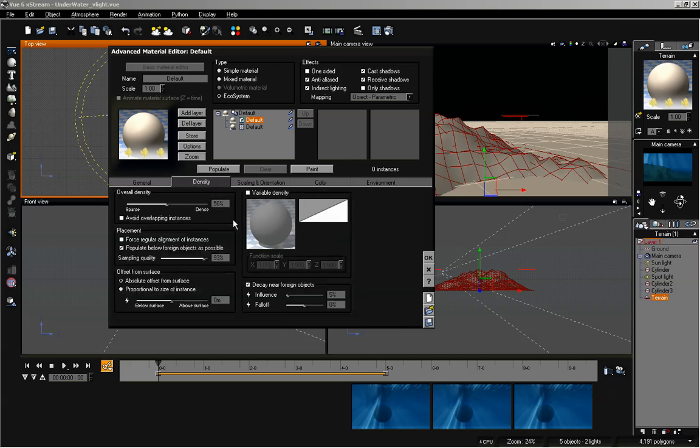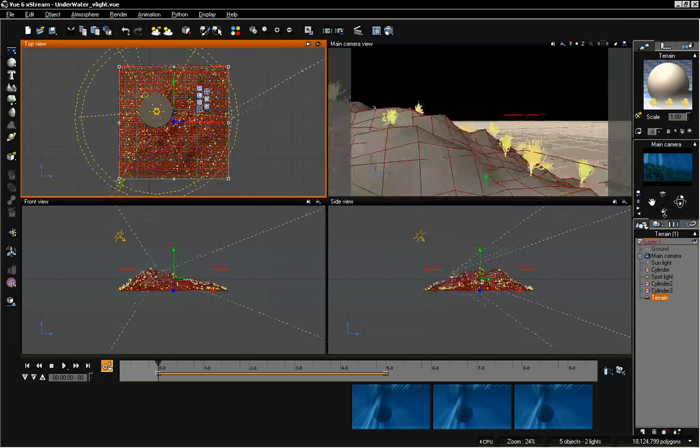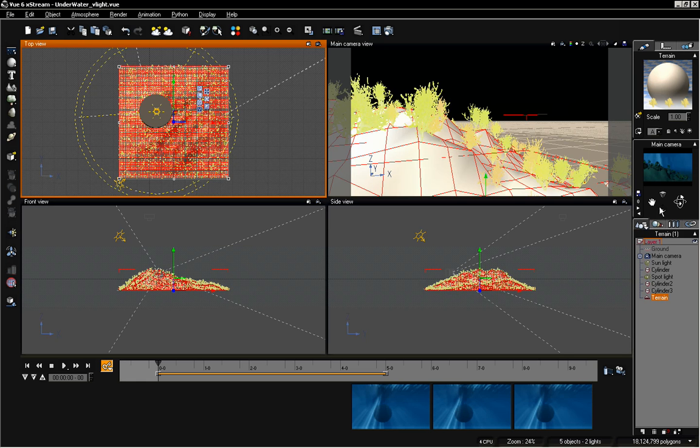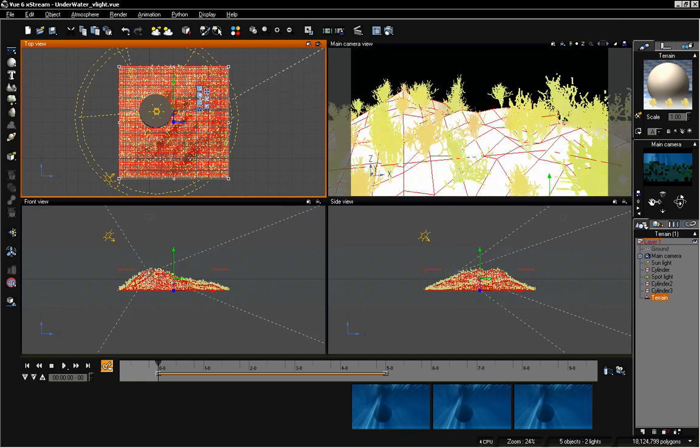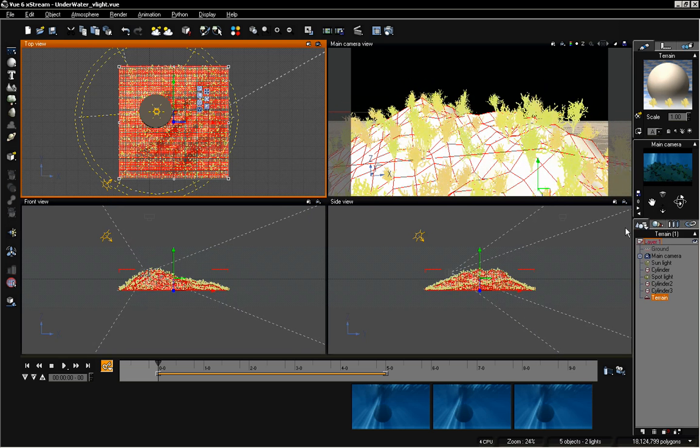If we go to density, turn off decay near foreign objects, and then populate, we will be able to see the object showing up. So decay near foreign objects is not going to work with this cylinder that we have for our water, and it will prevent any of our objects showing up because it is a foreign object. One thing we could do is move that water out of the scene, or just move it up a bit when we populate if you do need to use that decay near foreign object option,